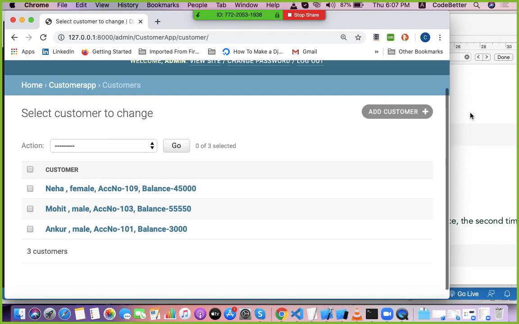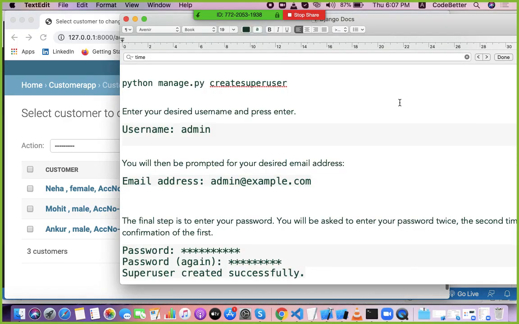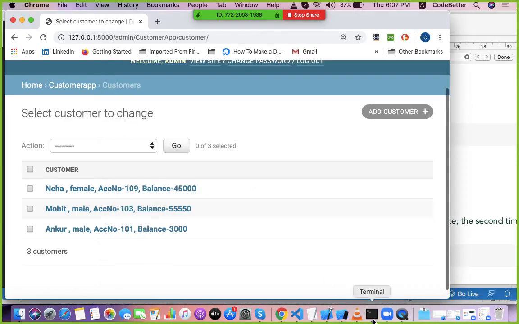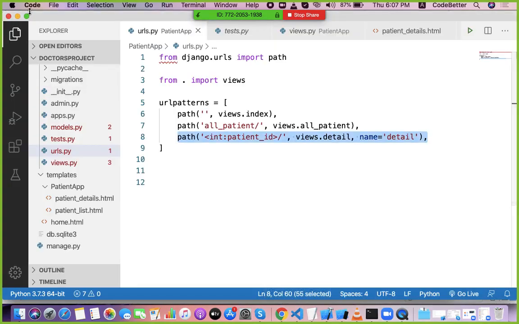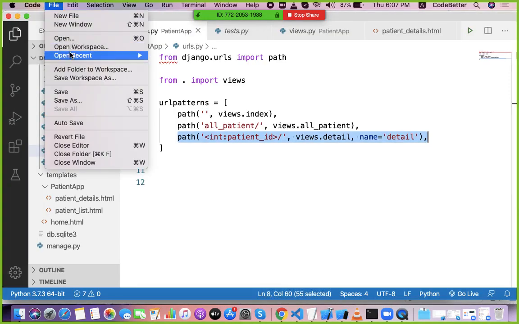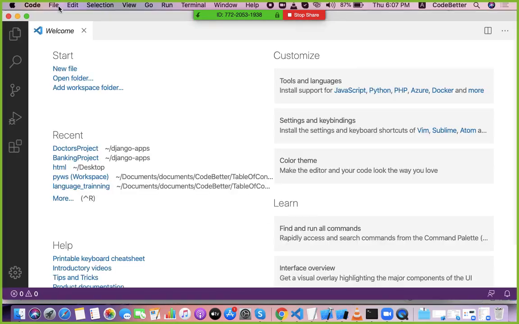So let's look at the code, what we have done in the code part as well, just to revise the base idea. Let me open the project folder. So let's open the banking project.